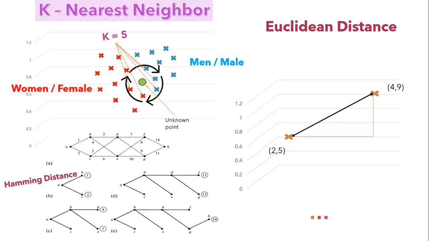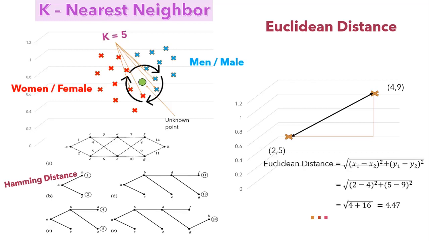And Hamming distance is the same concept but for string distance, that is calculated as the number of positions where two strings differ. So let's understand what Euclidean distance is and how we can calculate it. Euclidean distance is calculated as the square root of the sum of squared differences between a new point and an existing point across all the input attributes. We will solve the problem with one example later on, but first let's understand where we can use this.